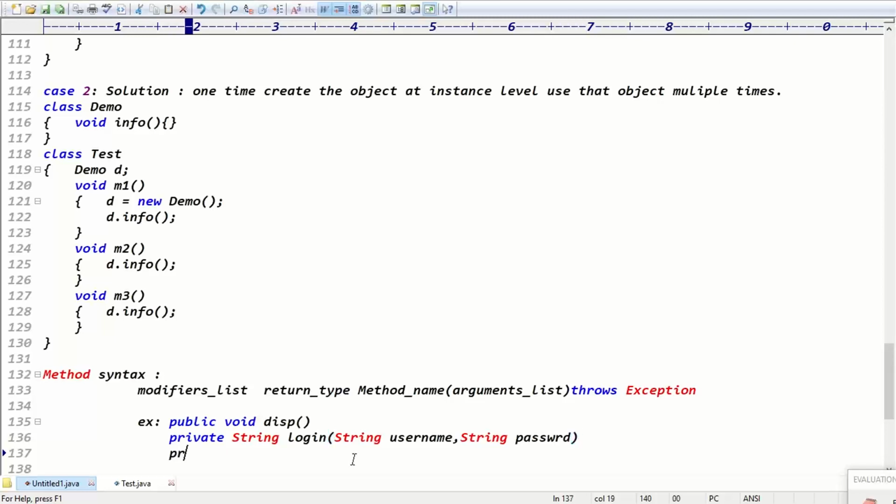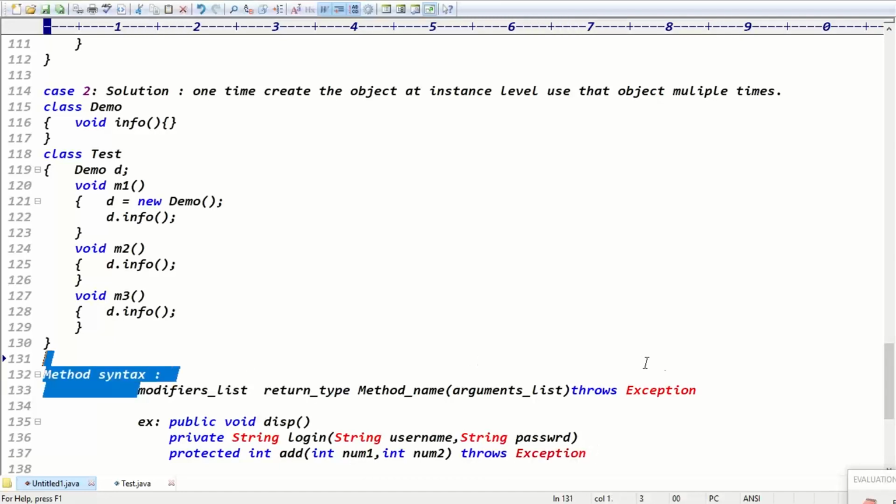Next you can take one more method, like a protected method with return type integer: the add method with int num1, comma, int num2, and we can handle exception using throws exception. This is the complete method syntax.